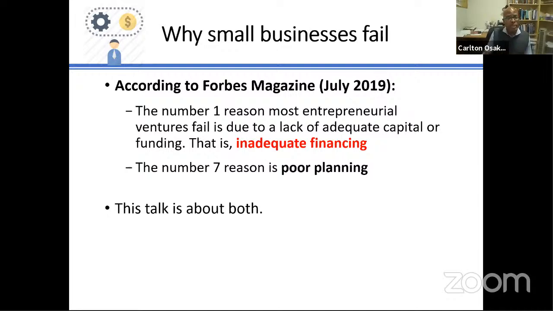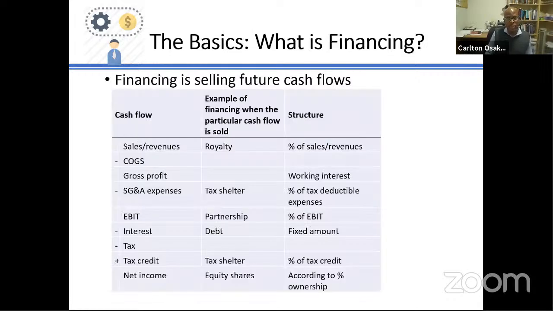This real options approach also allows for what's called strategic planning, sensitivity analysis and scenario analysis along the way. So I'll start with the basics, and that is, what is financing? When an entrepreneur goes to the bank or meets up with a private equity investor to ask them for money, why would the bank lend them money? Why would the equity investor lend them money? What do they get out of it?